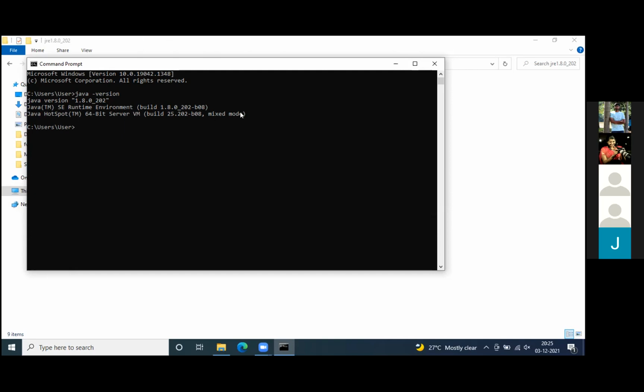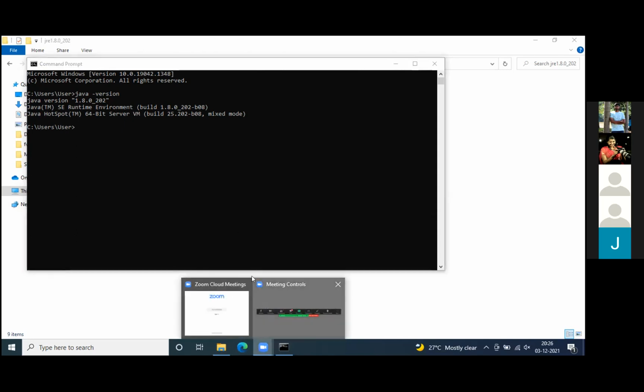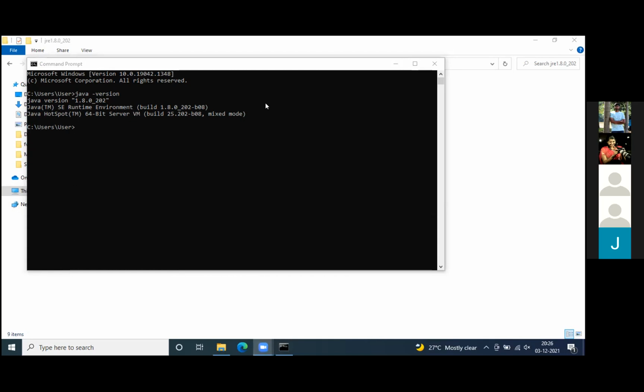So it's always better to have Java Home configured. In future, if you need to execute only 11 related files, you can just come into this particular environment variable and update the path to JDK 11. That's it. So it will be handy. It's a configurable one, so that is the reason we always set it up in environment variables.